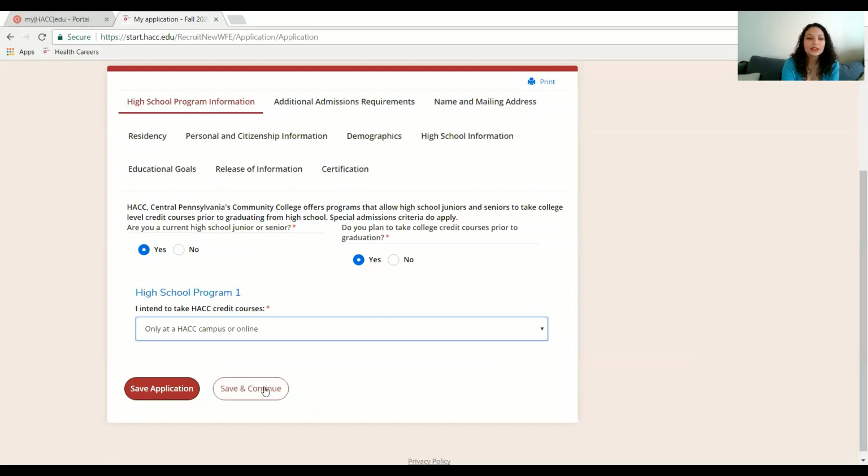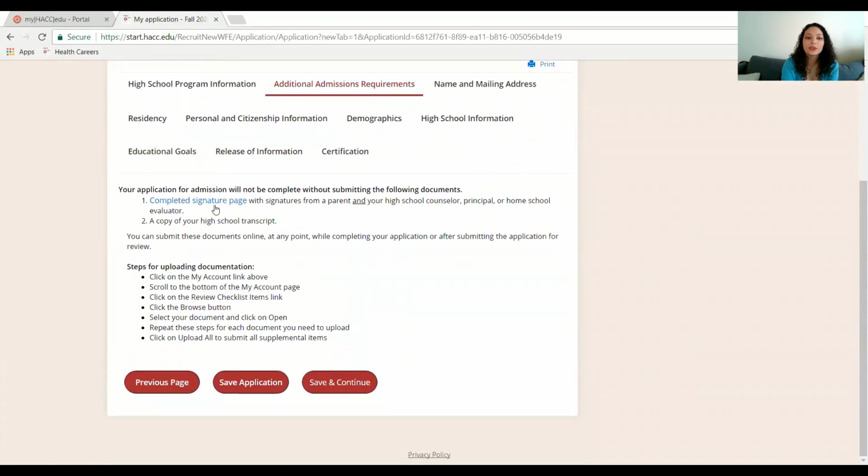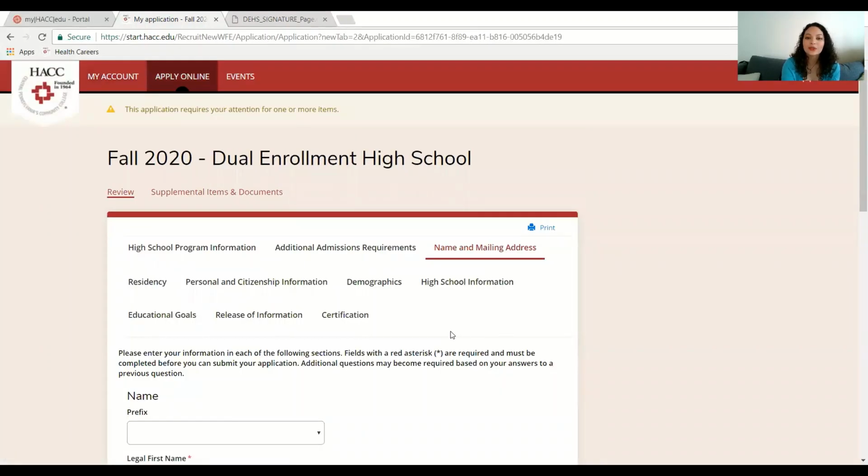So once you select this option, hit Save and Continue, and it is going to give you this information about some additional requirements. If your high school does not release student transcripts to you prior to your graduation, you can just email your guidance office and have them email one to their admissions counselor at HACC. You're going to save and continue, and then again, it's going to have a lot of this information